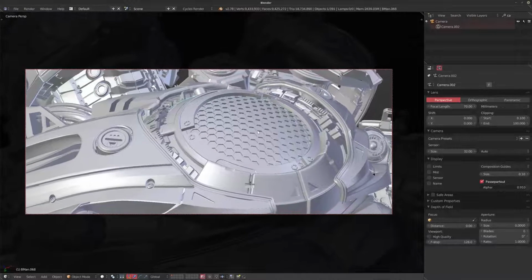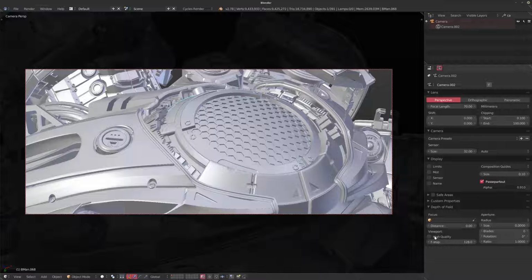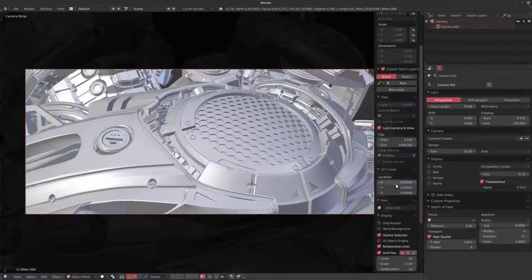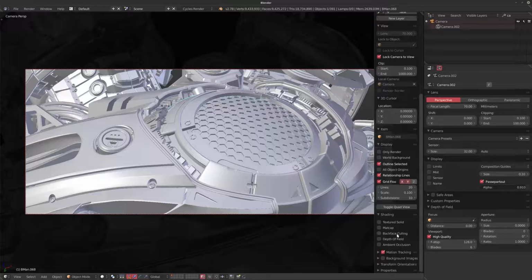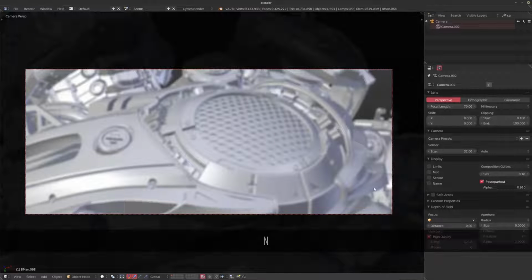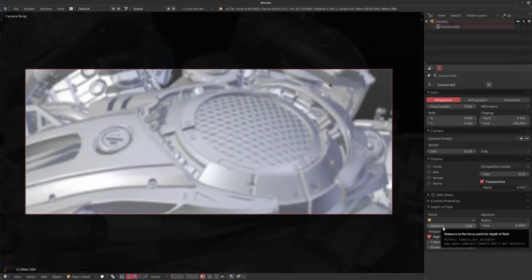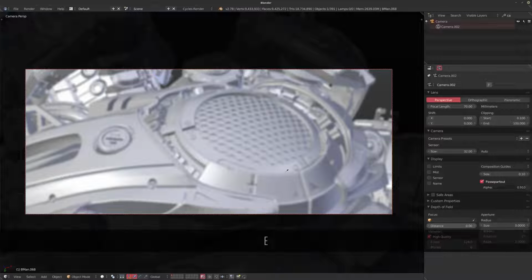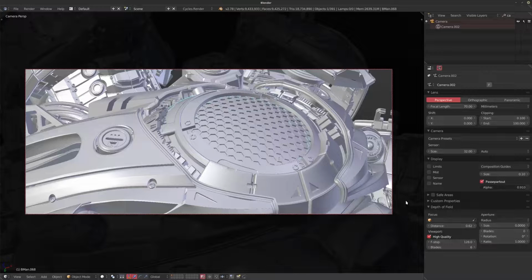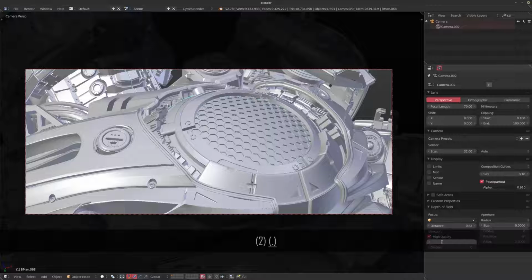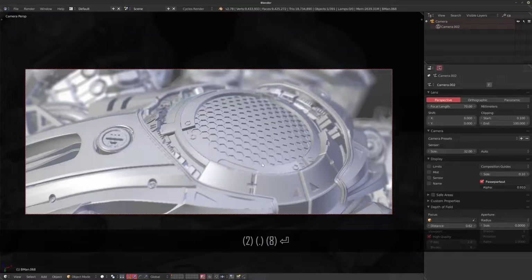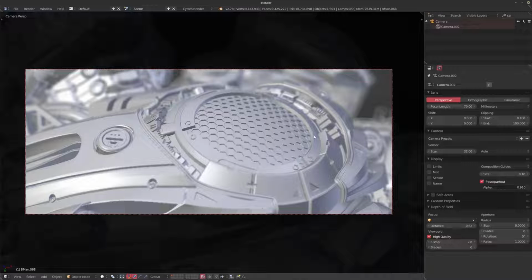And if we use this in combination with our depth of field, then we can get some really interesting shots really quickly. So what I'm going to do is I'm going to turn on the viewport depth of field over here and set it to high quality. And I'm going to turn it on in the viewport itself as well. And what you can do to get a really quick distance from the camera rather than using a focus object is hit the E key, click wherever you want to click. And now if we bring down the f-stop, for example, I'm going to bring it down very extreme, and you can see we just have this part in focus.